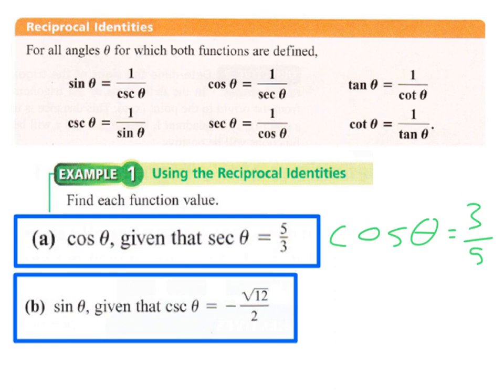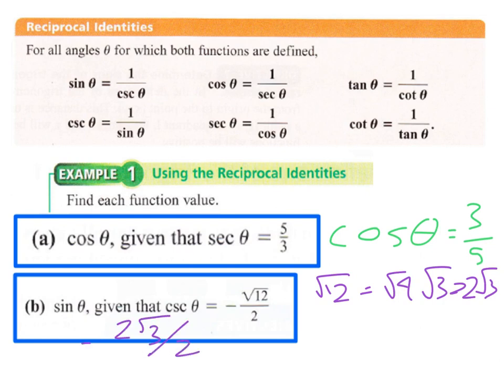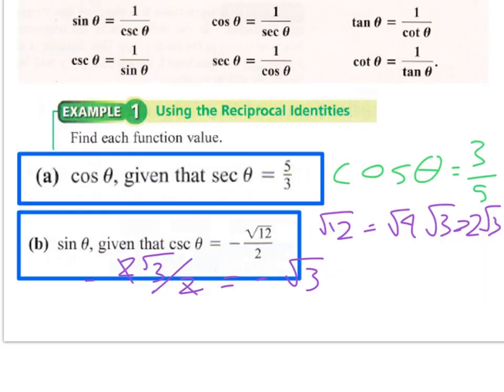So you might recall that the square root of 12 is the square root of 4 times the square root of 3, so 2 square roots of 3. Well, 2 square roots of 3 over 2 would be just the square root of 3. Of course, it's all negative, so the 2's cancel out. We just get the negative square root of 3. So really the cosecant of theta is negative square root of 3. The sine of theta will be the reciprocal of that. Of course, that ends up giving us negative 1 over the square root of 3,